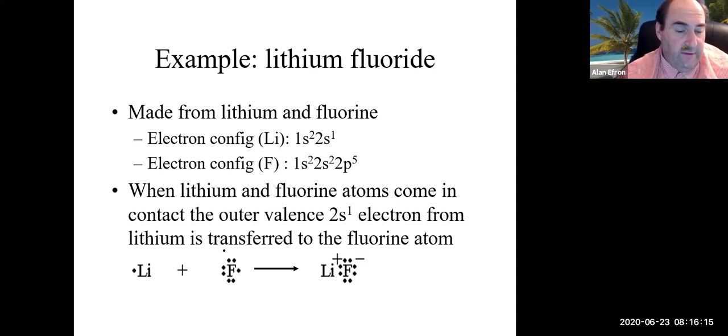So if we were to draw the Lewis dot symbols for each of these guys, they would look something like what we see here on the bottom. Lithium, which is group 1, has 1 dot. Fluorine, which is group number 7, has 7 dots around it. And because this is a metal and a non-metal, what's going to happen in this particular case,